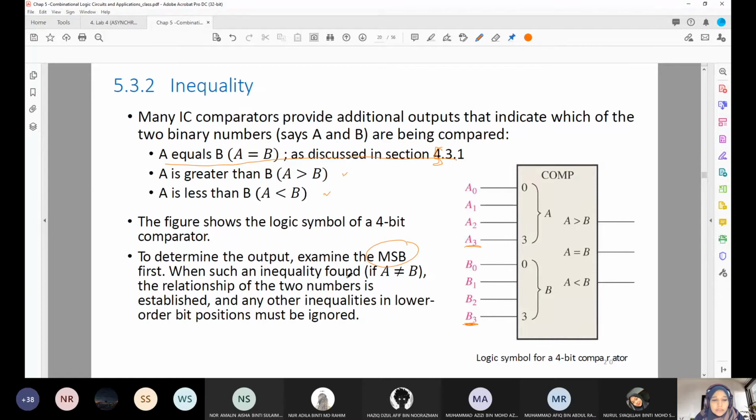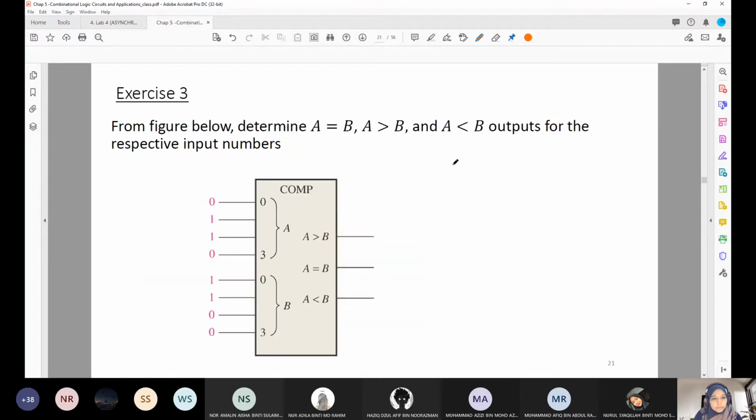Alright, to determine the output, you need to examine the MSB first. When such an inequality is found, for example, we found that A is not same as B, the relationship of the numbers is established. So, any other inequalities in lower order bit position must be ignored. Okay, untuk check the inequality, you only need to consider the MSB. Let's see the example